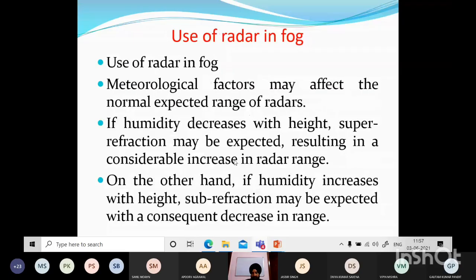Same thing, use of radar in fog. So use of radar in fog also you have seen. Meteorological factors may affect the normal expected range of radars. So those of you who have done radar courses or used radar, of course you see this, the radar range also gets affected. If humidity decreases with height, super refraction is expected, resulting in considerable increase in the radar range. So this is again due to the humidity. Now if the humidity decreases with the height, then this takes place. On the other hand, if the humidity increases with the height, subrefraction may be expected with a consequent